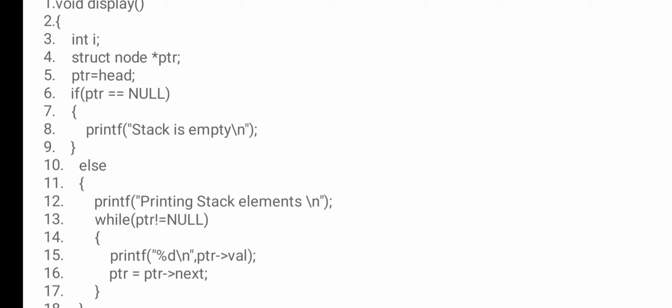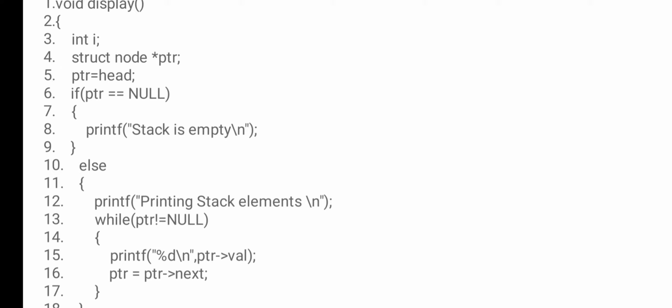The condition for checking whether the stack is empty: in the fifth step ptr is assigned head, so the sixth step ptr equal to null means head equal to null. Head equal to null means head doesn't contain any elements, so there are no elements in the stack. Simply print stack is empty.